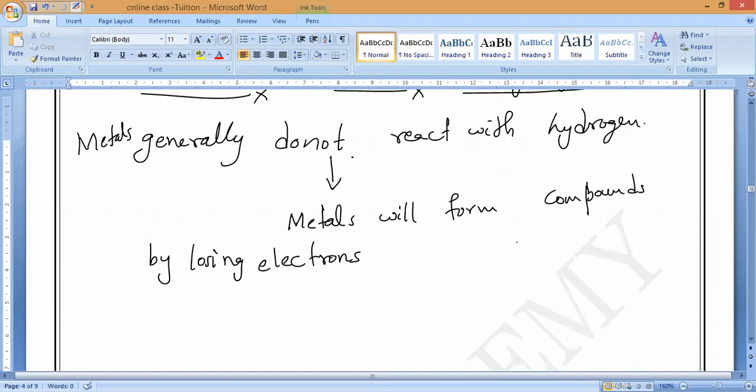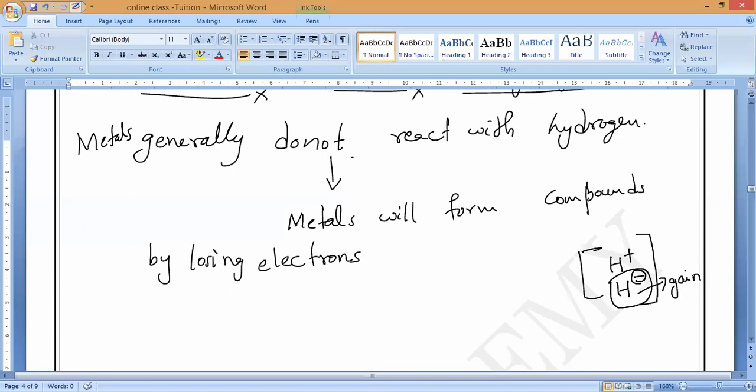So that is the reason we mention hydrogen in the metal activity series. That is why metals usually will never react with the hydrogen, because metals donate the electron, so somebody must receive the electron. That is why we can study hydrogen. It has both valencies, hydrogen plus and hydrogen minus. Very rarely it will form H plus ions, H minus ions, because it needs to gain